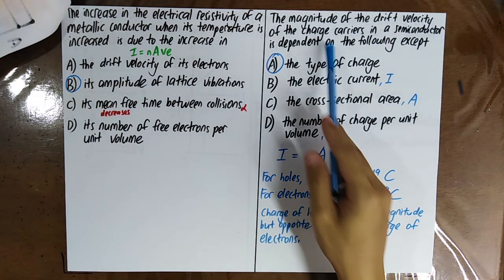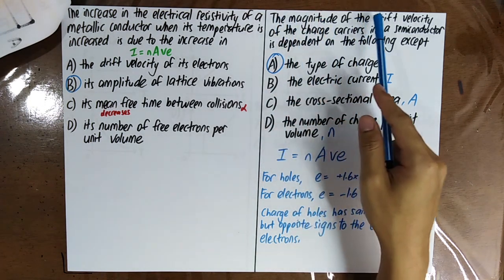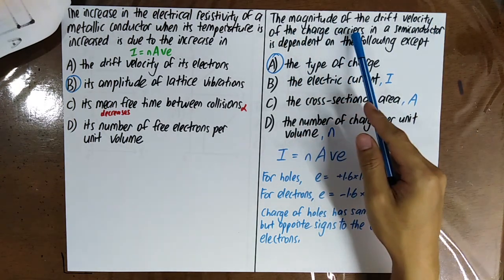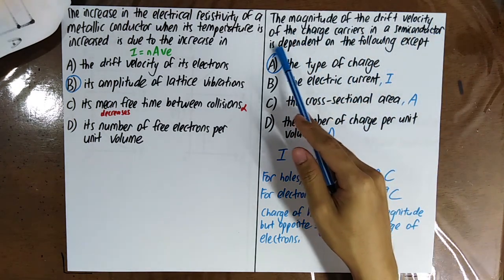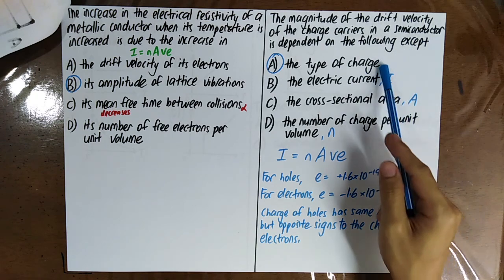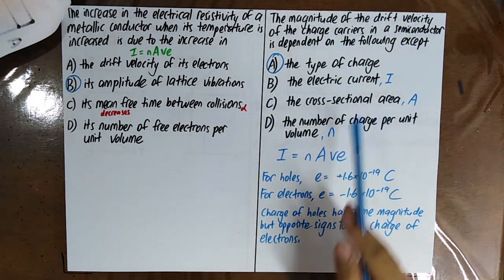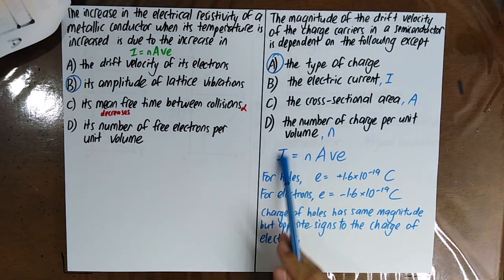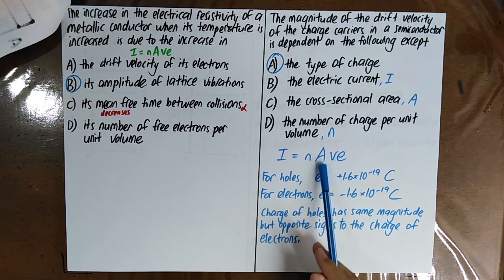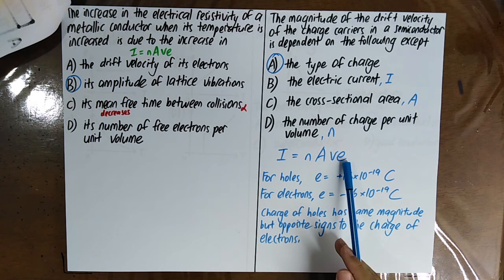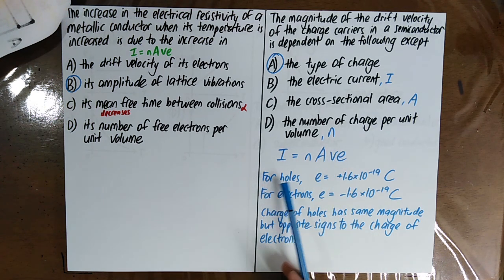Okay? The magnitude of the drift velocity of the charge carriers in a semiconductor is dependent on the following, except, okay, you know that I equals nAvE. So the drift velocity can depend on I, can depend on n, can depend on A, and also depend on E. However, for holes, which is the positive charge carriers, and then for the free electrons, which is the negatively charged